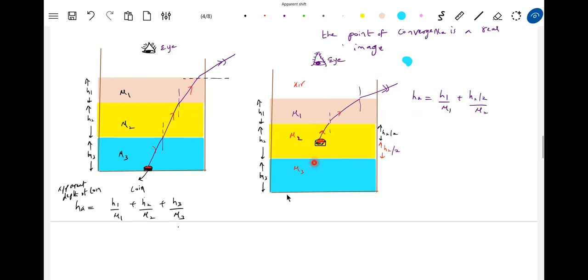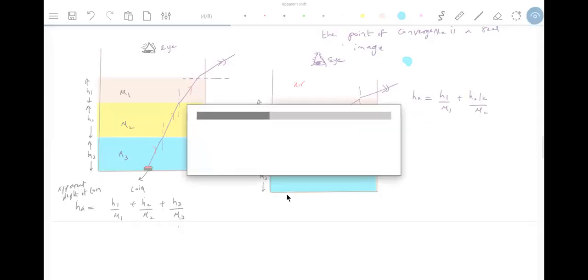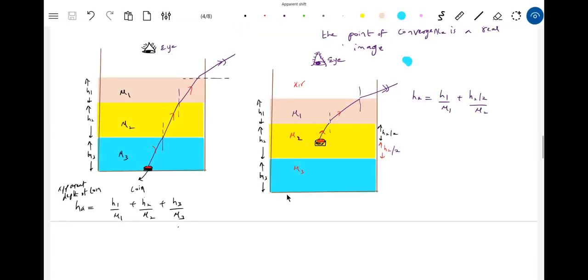If there are multiple layers also, no problem. We can use this particular formula. If there are n liquids, we can take help of this particular formula. Now next condition: if the refractive index of the liquid varies